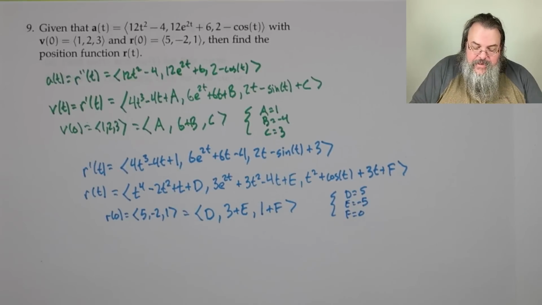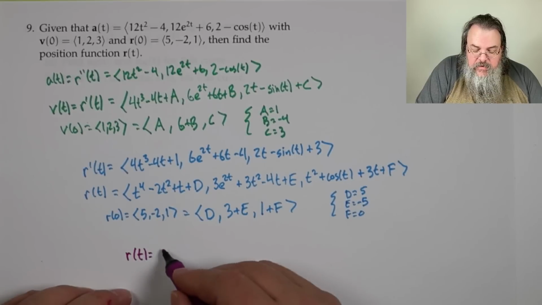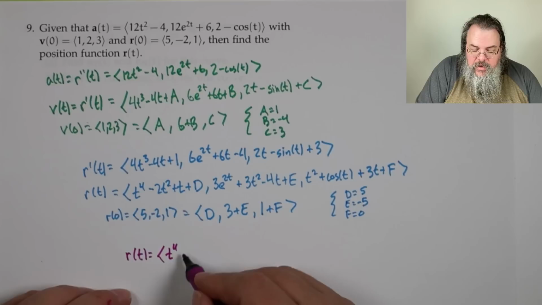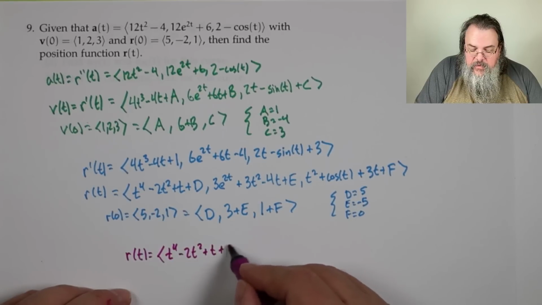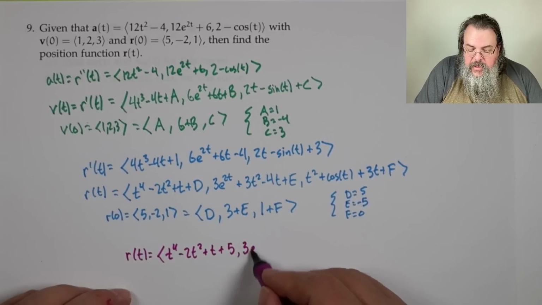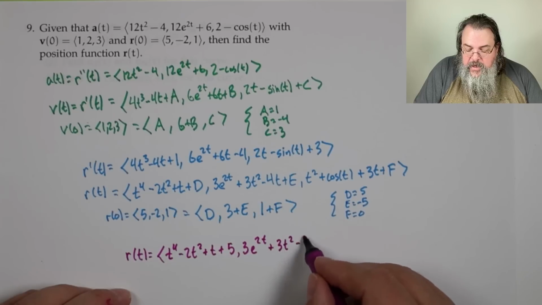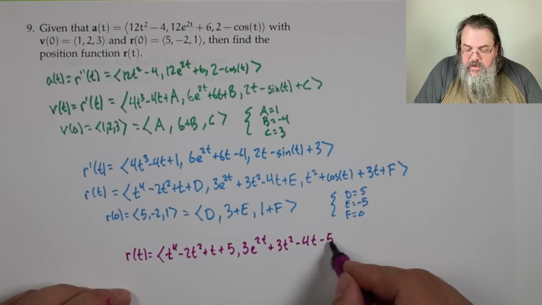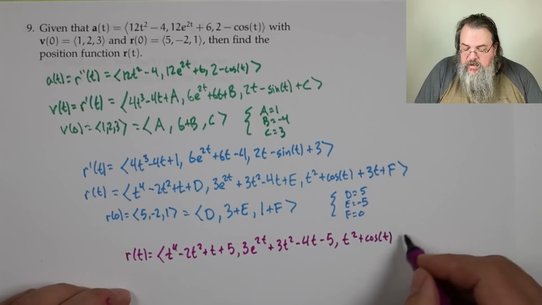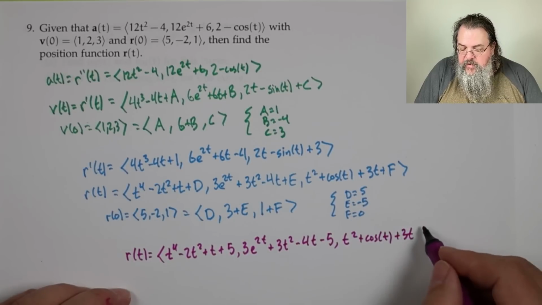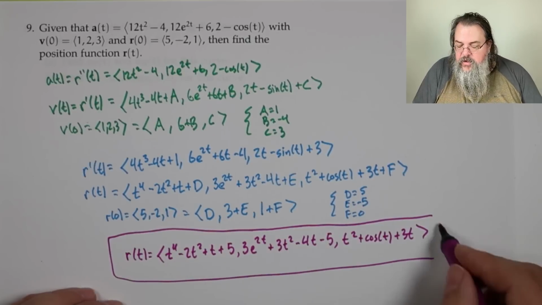We just plug in d, e, and f. So r of t is t to the 4th minus 2t squared plus t plus 5, 3e to the 2t plus 3t squared minus 4t minus 5, t squared plus cosine t plus 3t plus 0, which we don't need to write, the plus 0, and